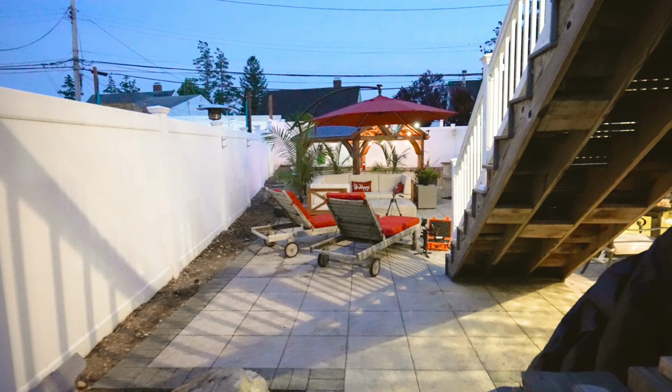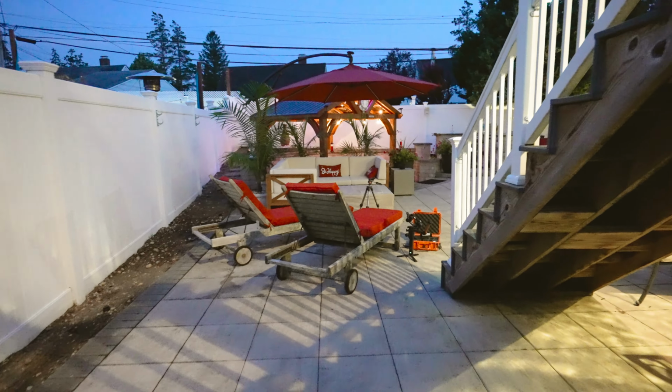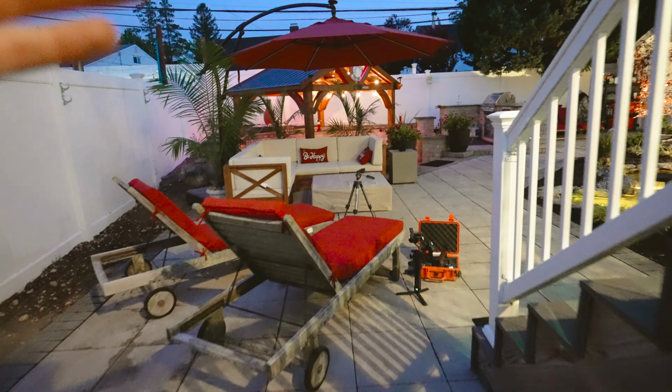So when entering over here, we have these awesome lounge chairs, a new sectional sofa. But when you turn right over here,